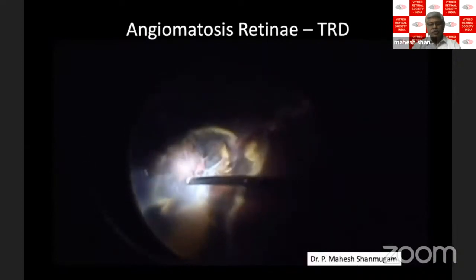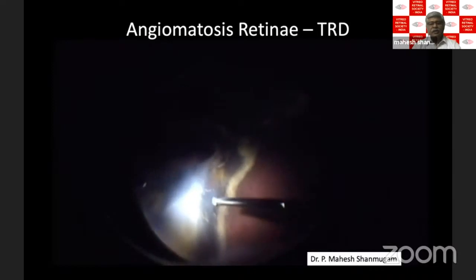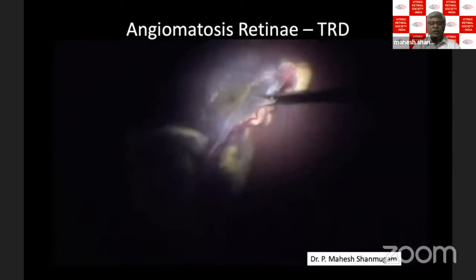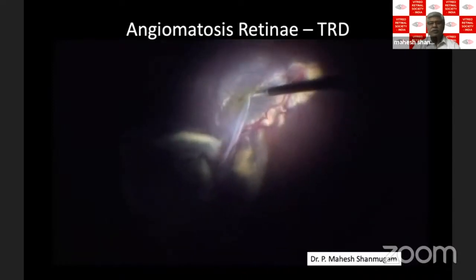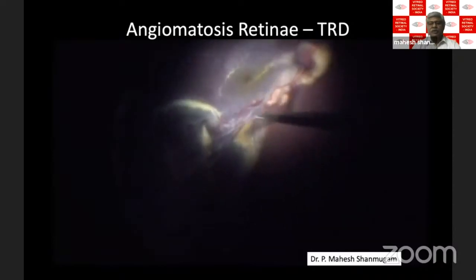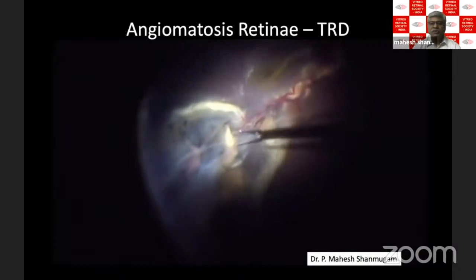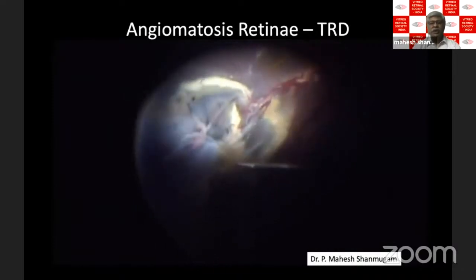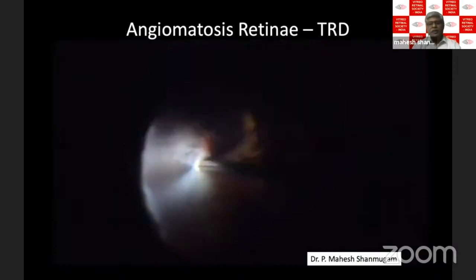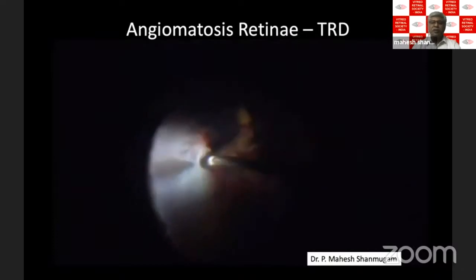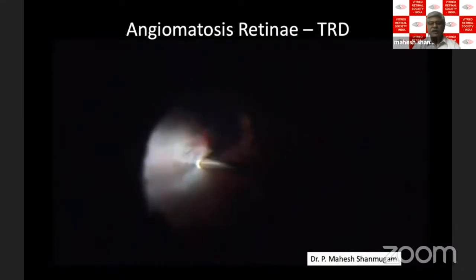A lot of fibrous tissue can form in the area where it has been treated with cryo, and we need to be very careful in these areas not to create a retinal break. There is a posterior extension of the fibrous tissue, which is being gently peeled. You can see the dilated vessels which are leading on to the hemangioma. And this cannot be peeled off. We just peel it up to the strong attachment to the tumor and dissect it very, very carefully, taking care not to create a retinal break.